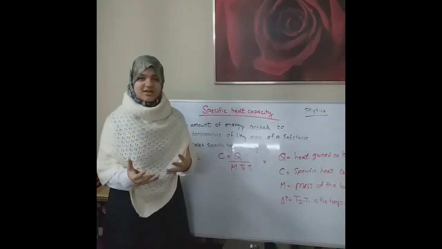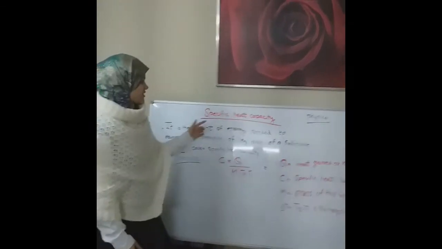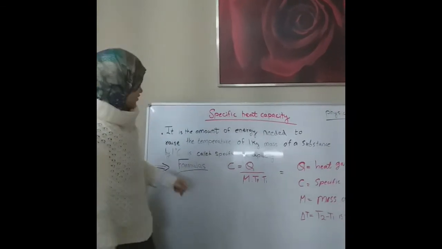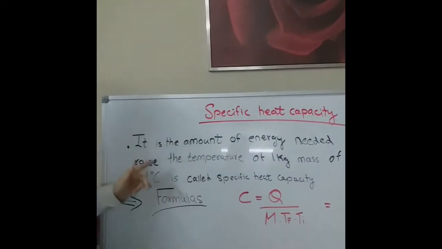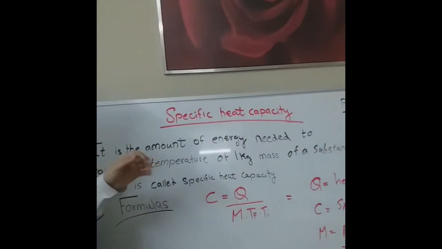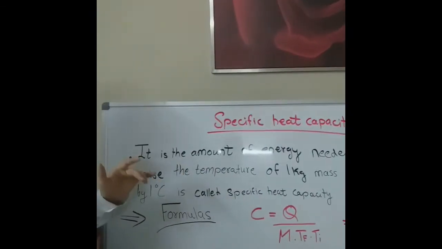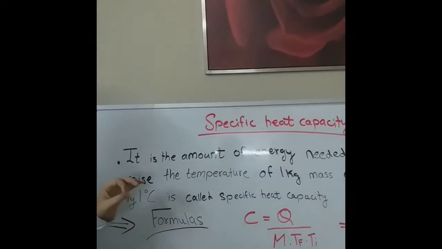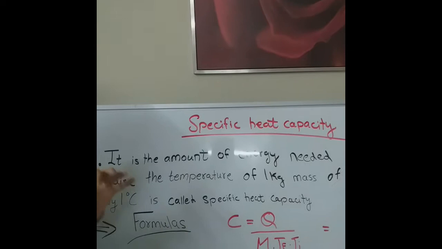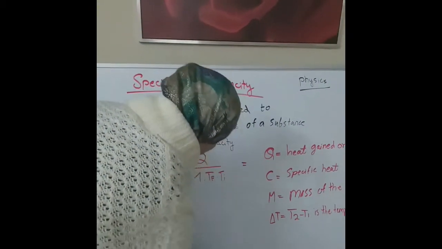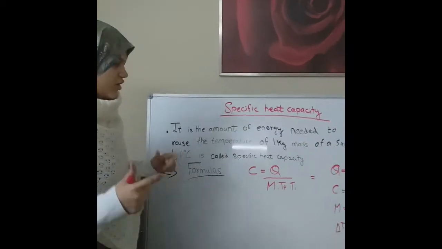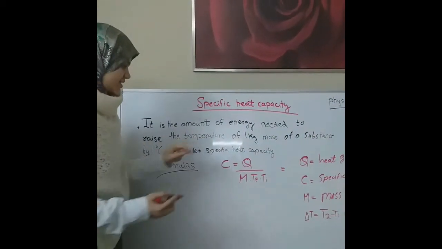So let us start and see what specific heat capacity means. It is the amount of energy needed to raise the temperature of 1 kilogram mass of a substance by 1 degree Celsius. But let us start with some formulas. We know that for the specific heat capacity,